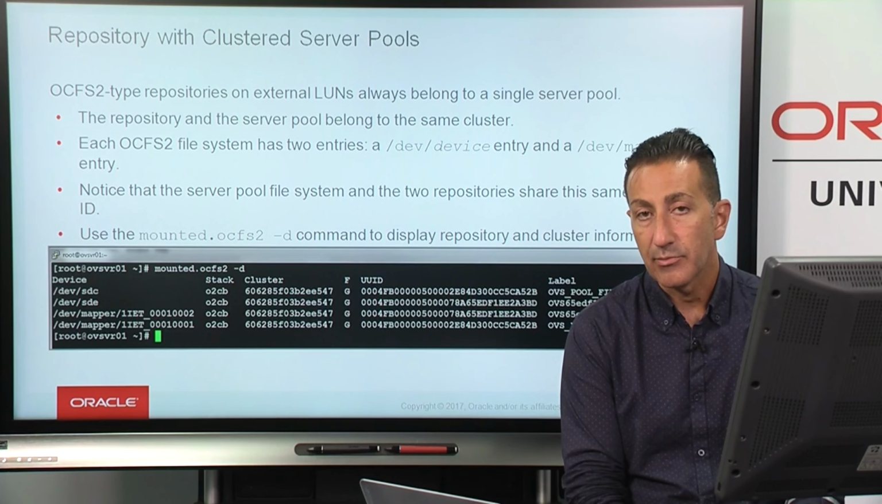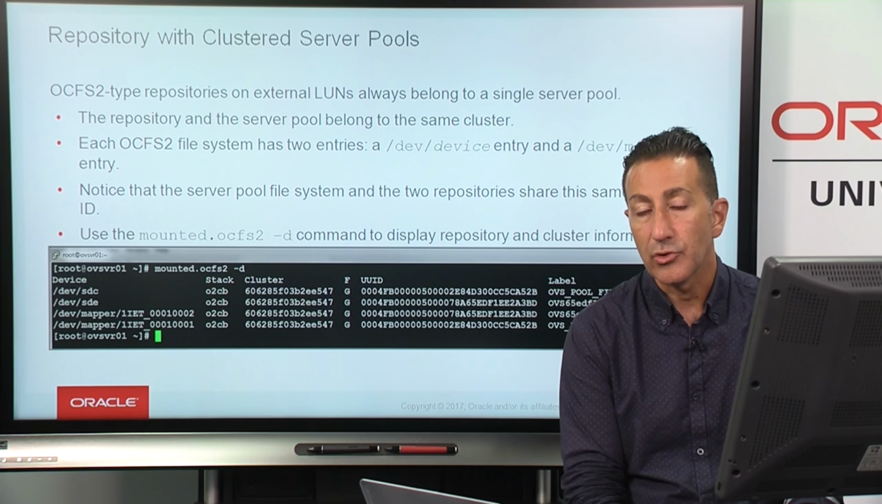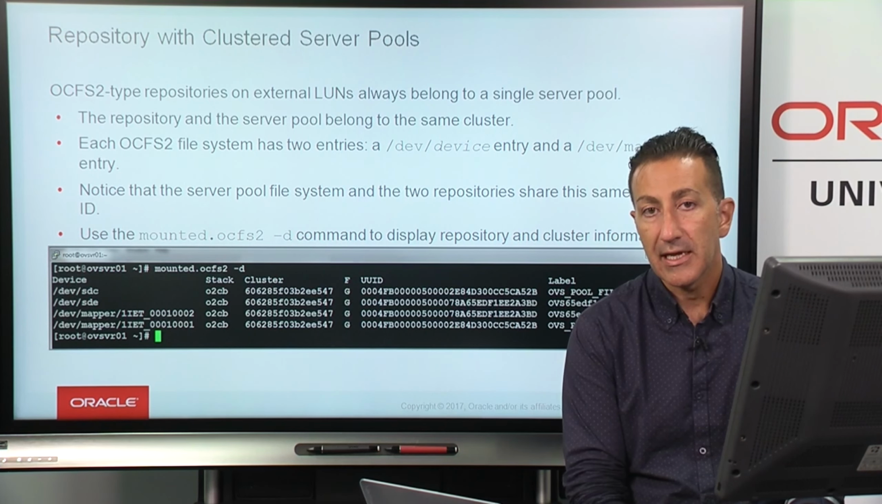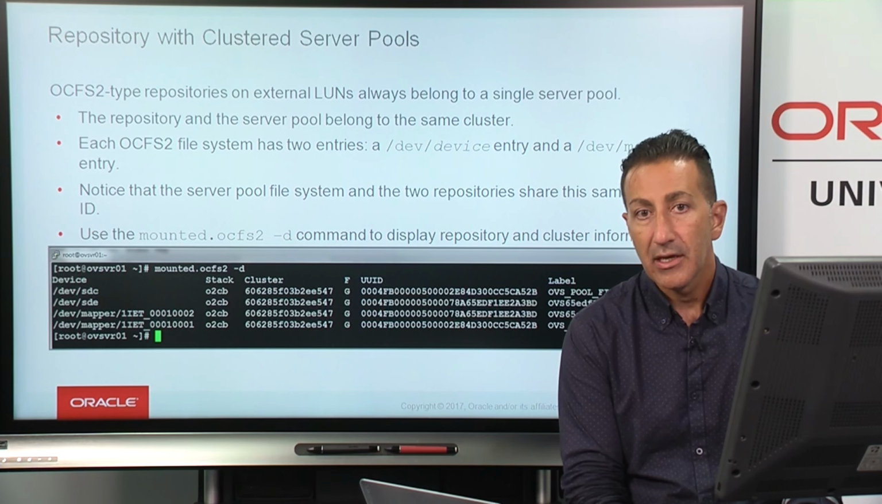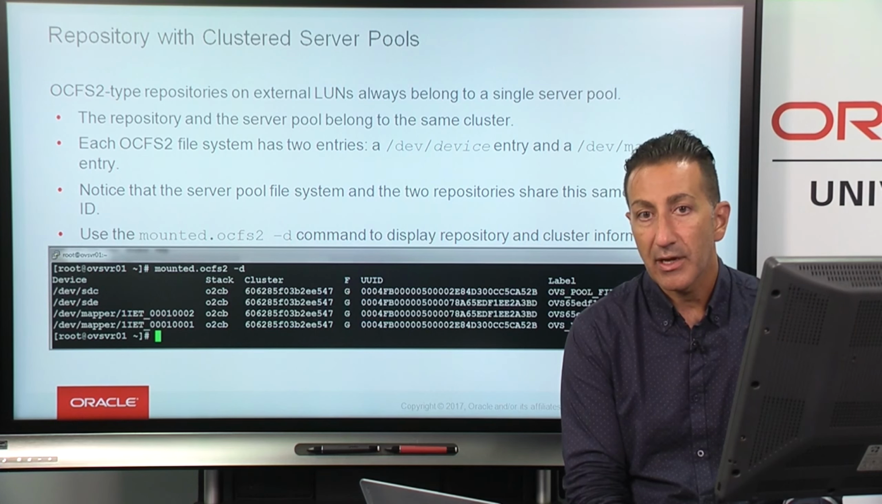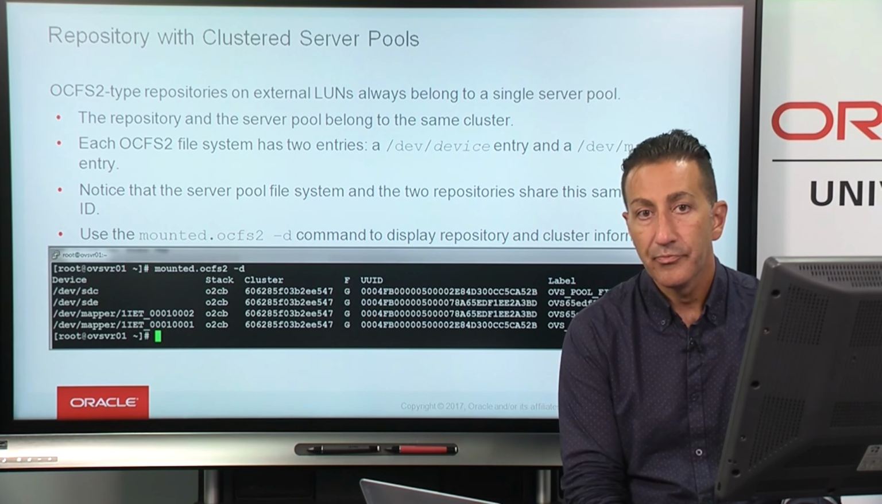So typically, for example, if you type the mount command, you will see that it appears mostly like the /dev/mapper entry, but you should also be able to make reference for some maintenance tasks or something like this with the other way, which is the device entry. Notice that the server pool file system and the two repositories share, for example, the same cluster ID as shown before. Well, the way that you get information about the unique identifier for the repository, and for example, whether it belongs to a cluster server pool or not, is using the